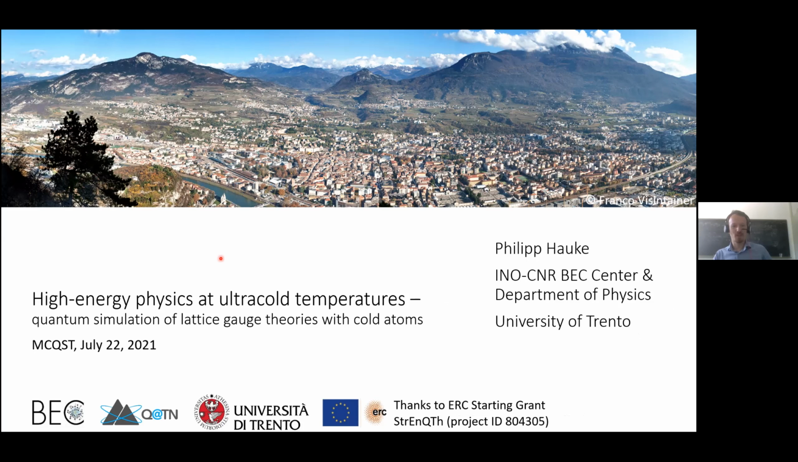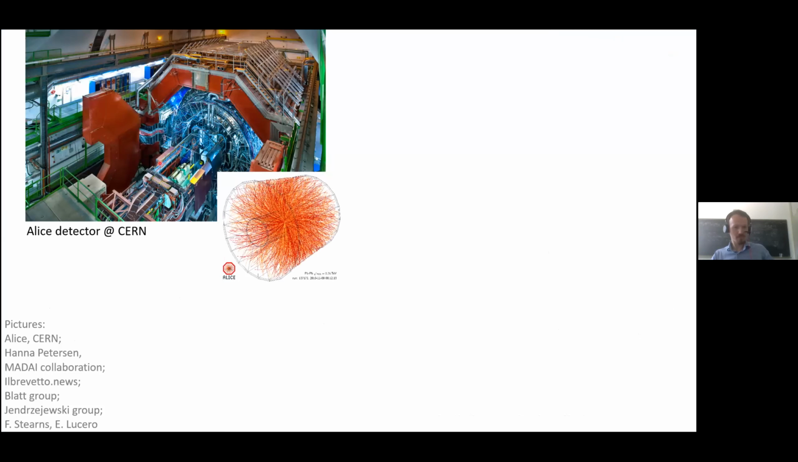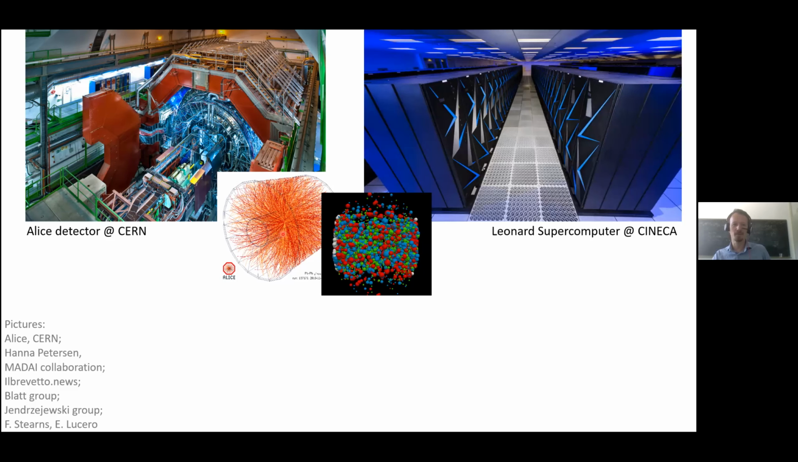Exactly. As Nathan said, I want to talk about high energy physics at ultra cold temperatures. Usually when we think about high energy physics, pictures like this one of the ALICE detector at CERN come to mind, where experimentalists smash heavy ions into each other, and lots of particles fly out of this heavy impact. From their trajectories, they try to reconstruct what actually happened during the collision event. You can imagine that this is a very daunting task, but it's not only a huge effort for experimentalists, it's also a huge effort for theorists to compute the dynamics of quarks and gluons